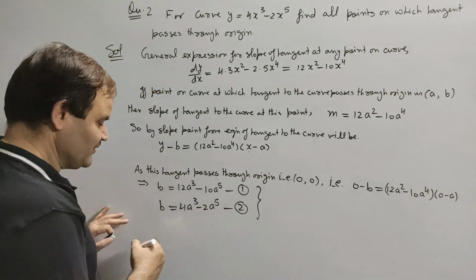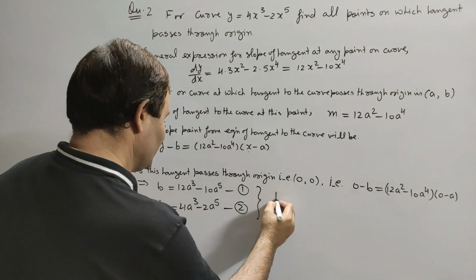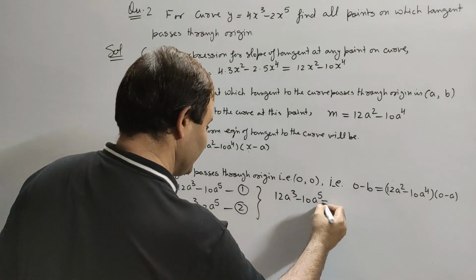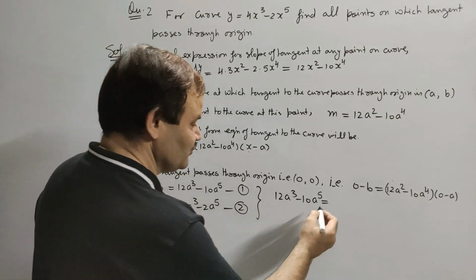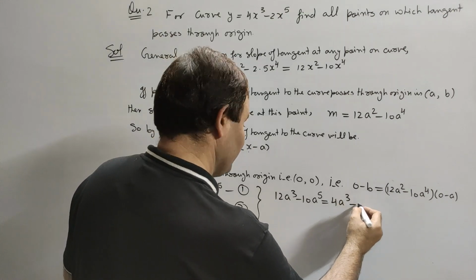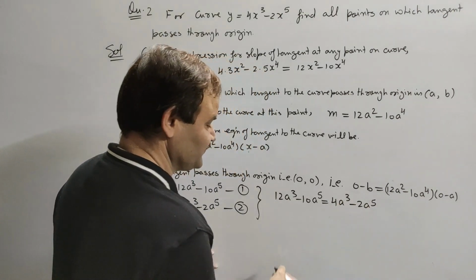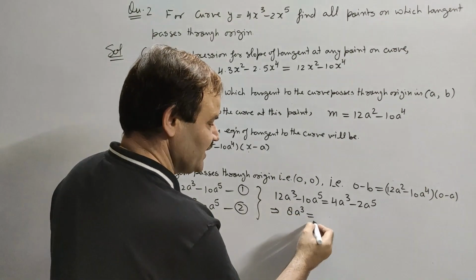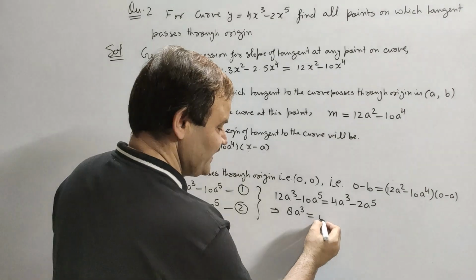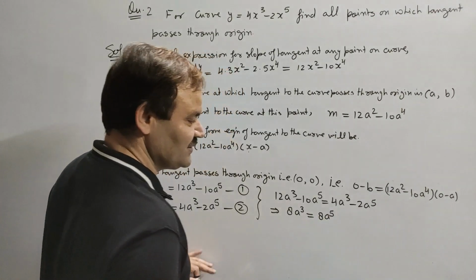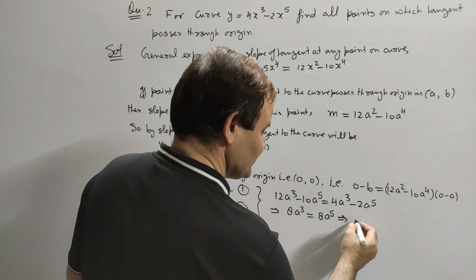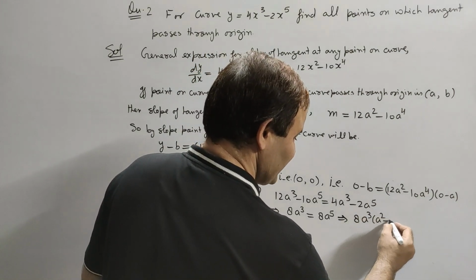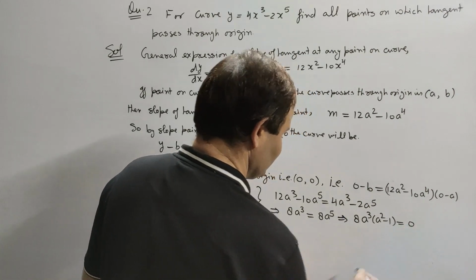From these two equations we will get 12a cube minus 10a to the power 5 equal to 4a cube minus 2a to the power 5, and this implies 8a cube is equal to 8a to the power 5. This implies 8a cube into a square minus 1 equal to 0,